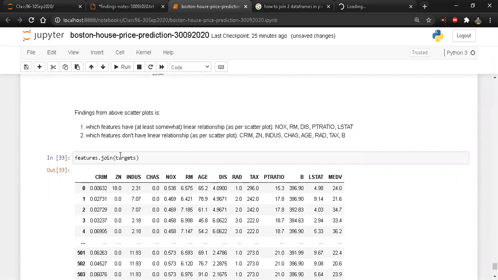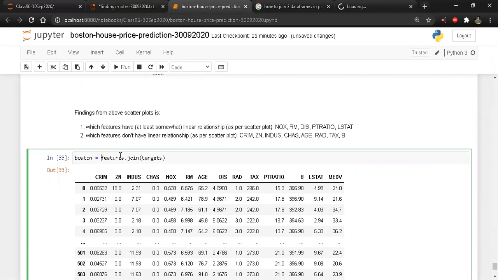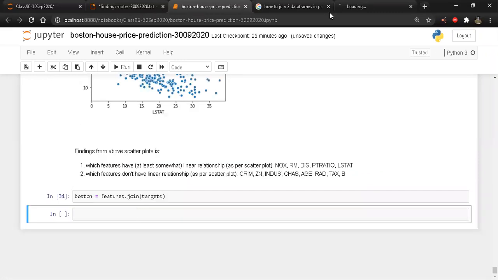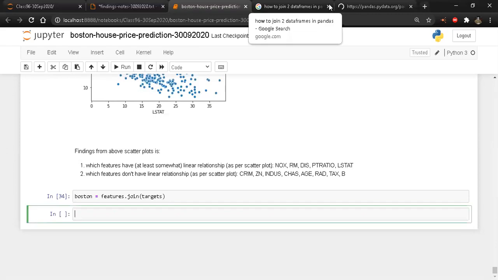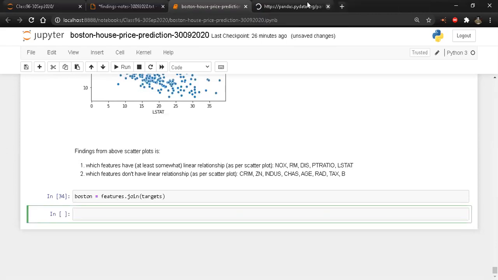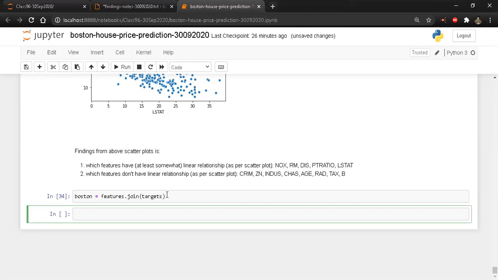So I'm now going to say Boston is equal to features dot join. Now, if you would like to know about these, I would strongly recommend that you look into the documentation. I'll just share the documentation here. I'm not able to find the chat window. Yeah, so I'll just put it here. So this is the documentation of how we can do merging. There are many other ways. The ones that I have tried: I used concat, I used merge, I used a different way to do the concat. I first of all failed by using the data frame function.